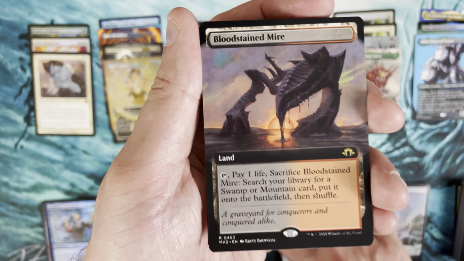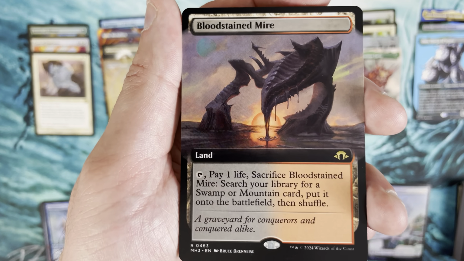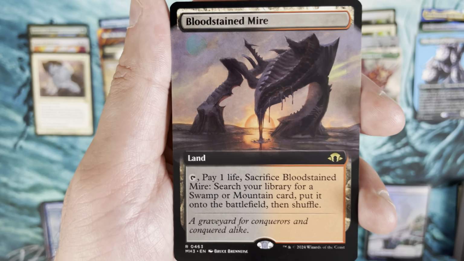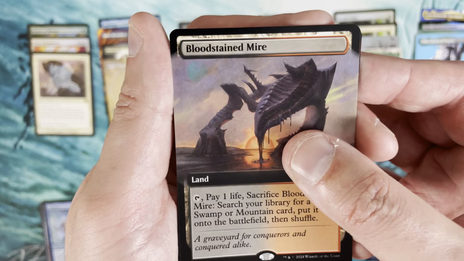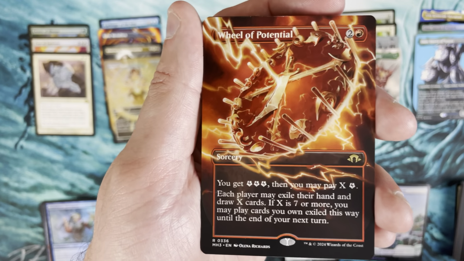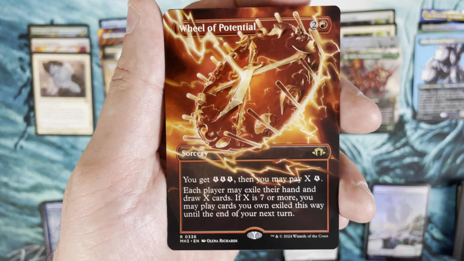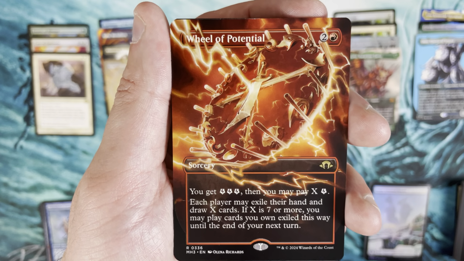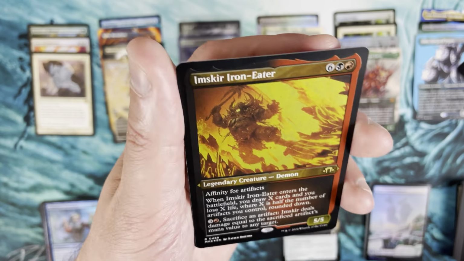Bloodstained Mire. Yes, next fetch land up. Bloodstained Mire. Beautiful Bloodstained Mire. That's pretty gnarly. I like that a lot. All right, so that is our third fetch land of the box. All about that life. And then we have a Wheel of Potential, which is the reimagined Wheel of Fortune. Pretty cool in that borderless treatment, that frame brick treatment. It looks like we're going to conclude with